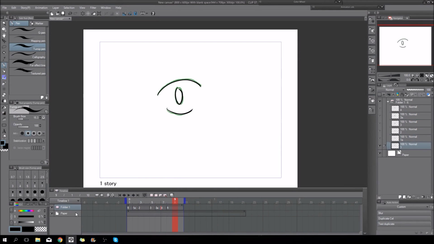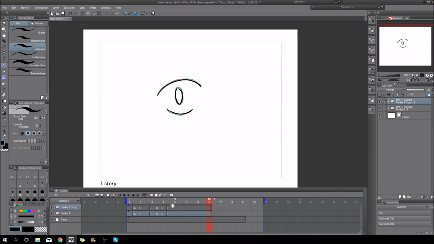So if I have a character which blinks one time and waits some while, I'll just drag the one out here, and I can simply duplicate my folder and drag it.